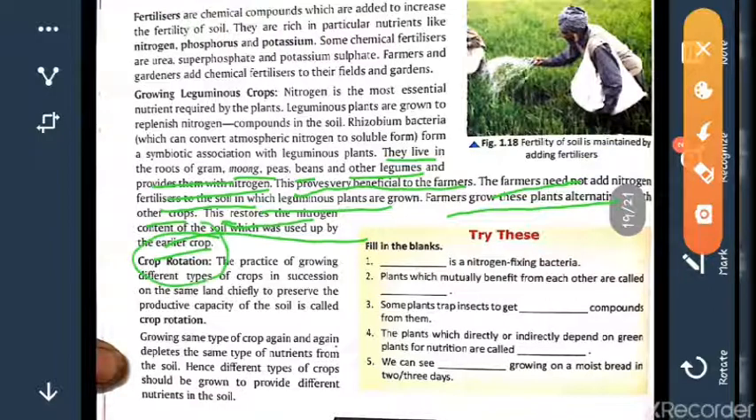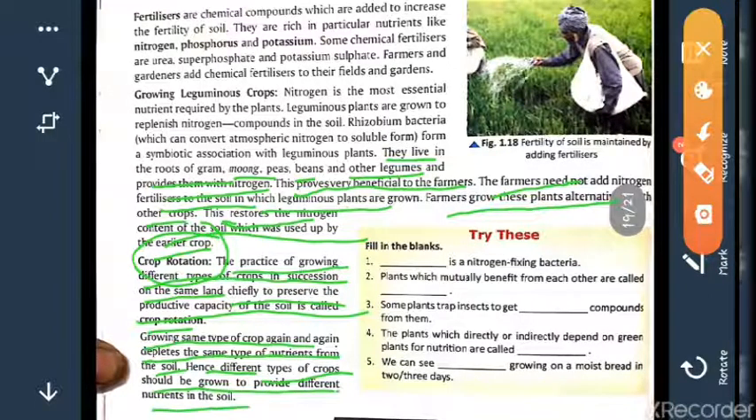Now what is crop rotation? Let's see. The practice of growing different types of crops in succession on the same land, chiefly to preserve the production capacity of the soil, is called crop rotation. Growing the same type of crop again and again depletes the same type of nutrient from the soil. Hence different types of crops should be grown to provide different nutrients in the soil. So one thing is written here, that if we grow the same type of crop every year, what happens? Just like